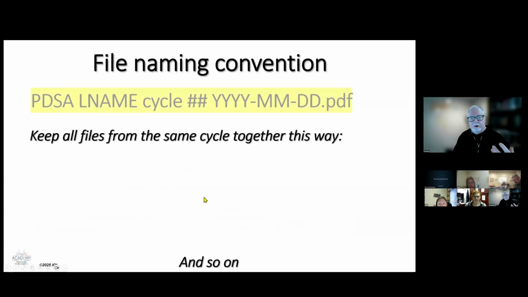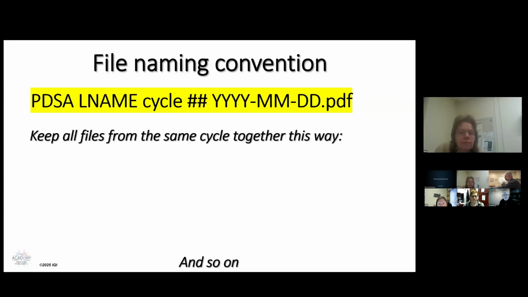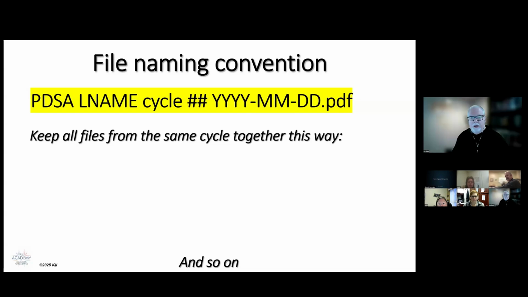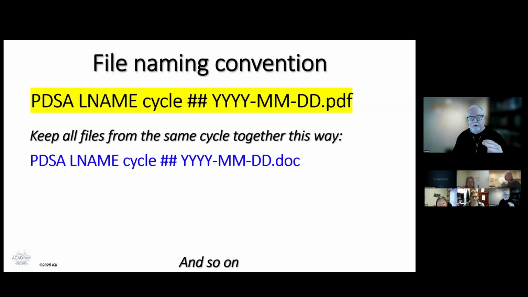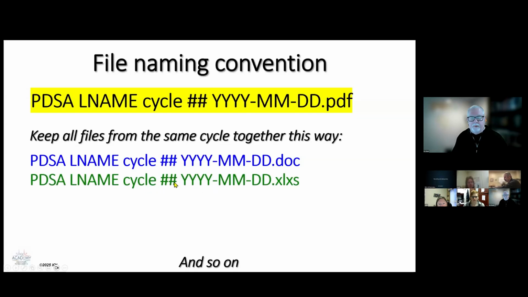Now, sometimes there are other file numbers or other types of files that you're submitting, or you could be submitting, and eventually you will. For instance, Heidi, you turned in images for one of your PDSA cycles. Now, I didn't say anything about naming image files, but that's included in this file naming convention. So when you turn in a file, you name the doc, if it's a doc file, that way. If it's a spreadsheet or worksheet where you're collecting data and you've tracked some numbers, just name the file the same way you've been naming your PDFs.